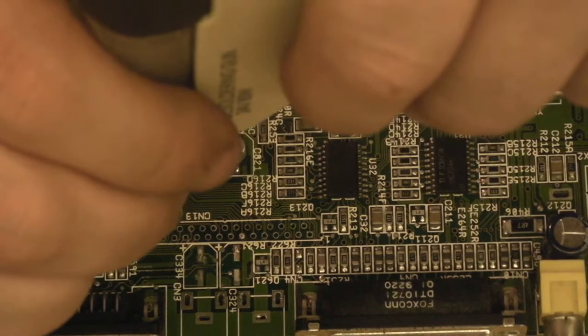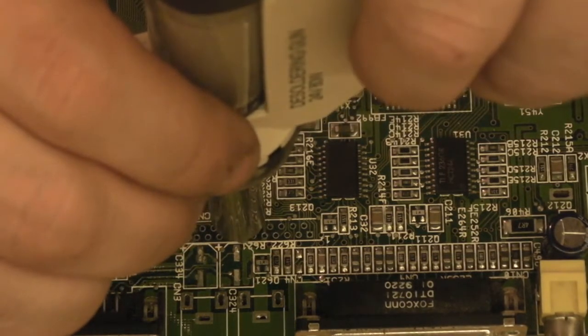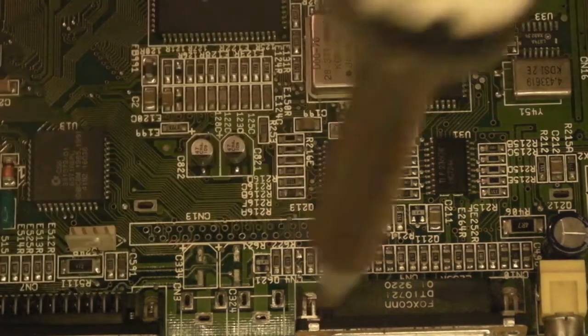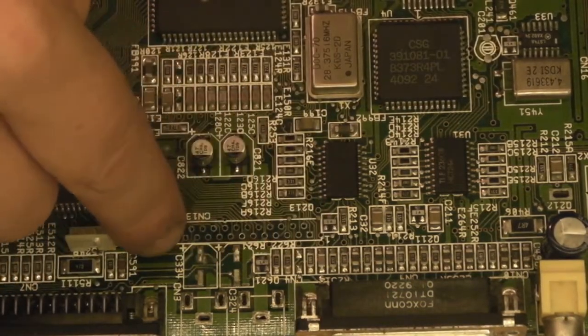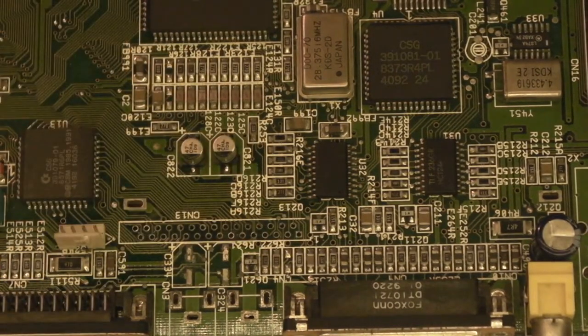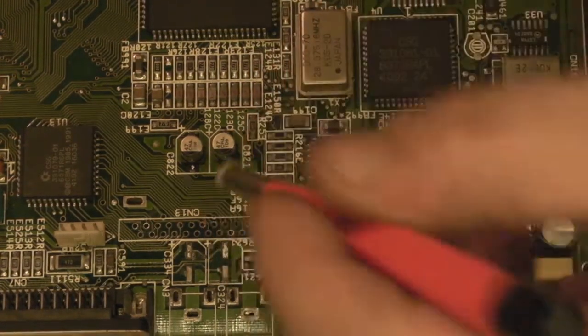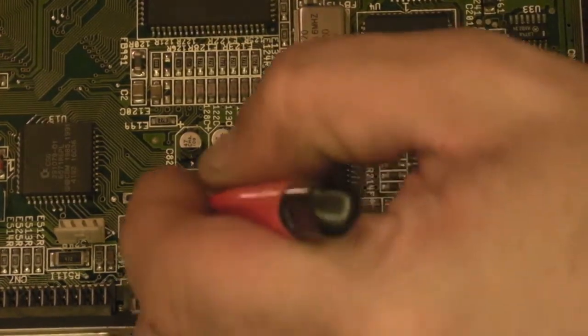That one's clear. That one's clear. This one's being a bit... There we go. Just run my finger over there. Can't see if I can feel any high spots, which I can't. Right, I'm happy with that. That's all them holes fully nicely unblocked. And I'm just going to go in with the fiberglass pen now along there and just clean up